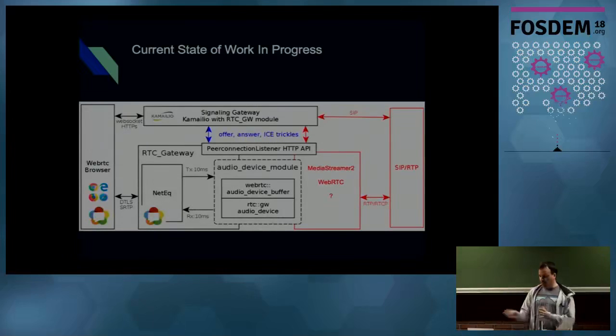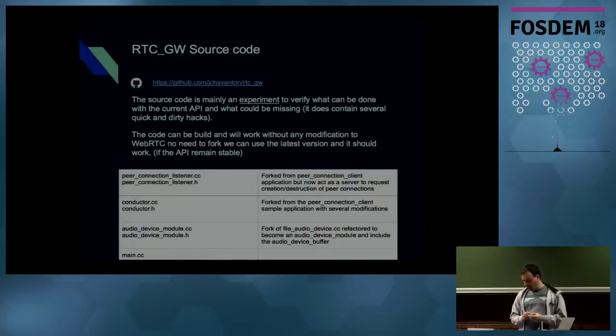I decided to focus on connecting the browser. There was too much work, so I was unable to bridge a call. I think on the second leg, it may even be possible to use WebRTC, because the API lets you disable multiplexed RTP and RTCP, and you can also disable encryption. And then you can control ICE. I'm not sure if there is anything else that is not compatible with legacy SIP. If not, of course, I'm a big fan of MediaStreamer 2. I may experiment with it, because I will explain why a little bit later.